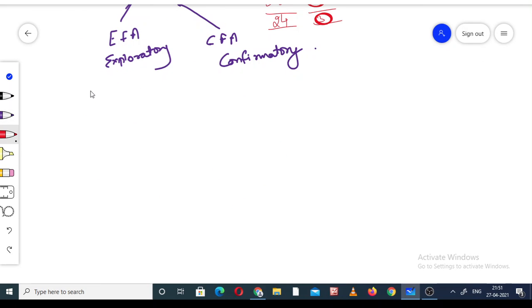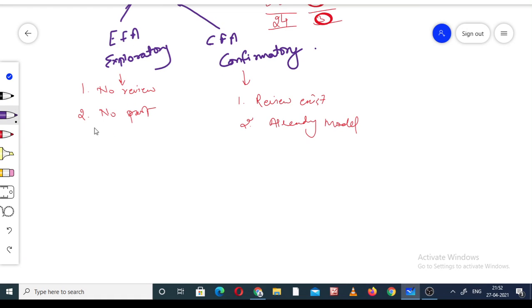If the research scholar, I am talking about a particular study in research, does not have any review of literature for his study, or no past experience, no past data or knowledge about a particular study, that is the EFA. And in case a review exists, or we can say that already a model is there, somebody has already done work on a particular model, that is the CFA.